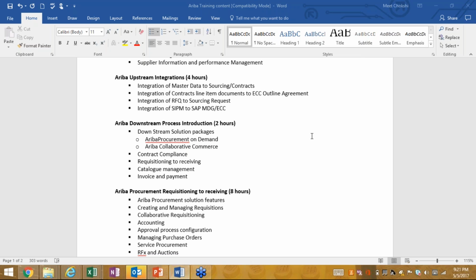You need ABAP resources, you need security, basis, a lot of team. Plus, whenever you want to upgrade your solution, each upgrade is a project for SAP, right? But when you move on to cloud, you get all automatic updates, right? So there are advantages.